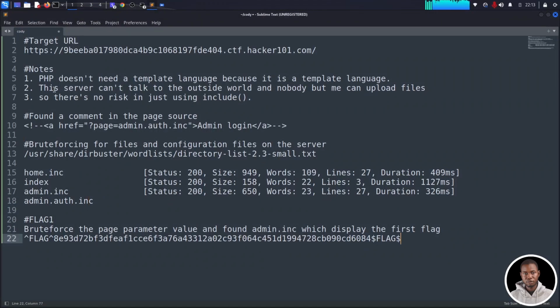Now what we can do here is, if you check this application, it says this server can't talk to the outside world and nobody but me can upload files to the server. Now what we can do here is to try to test if the application is vulnerable to file inclusion vulnerability. And this is a type of vulnerability that allows an attacker to load and execute files from a web server, potentially leading to code execution or data exposure. Now, there are two types of file inclusion vulnerability. We have the local file inclusion, which includes loading files locally on the web server, and then we have the remote file inclusion, which involves loading files from